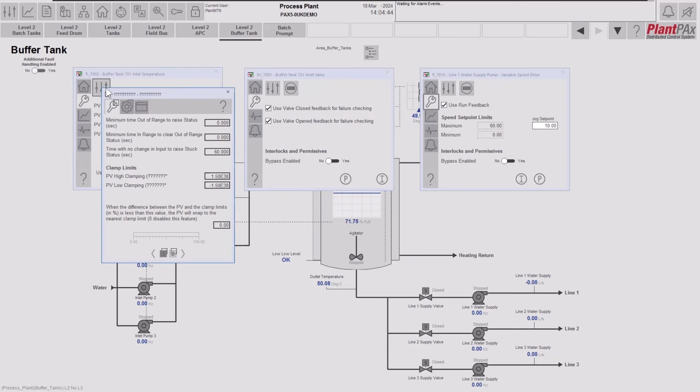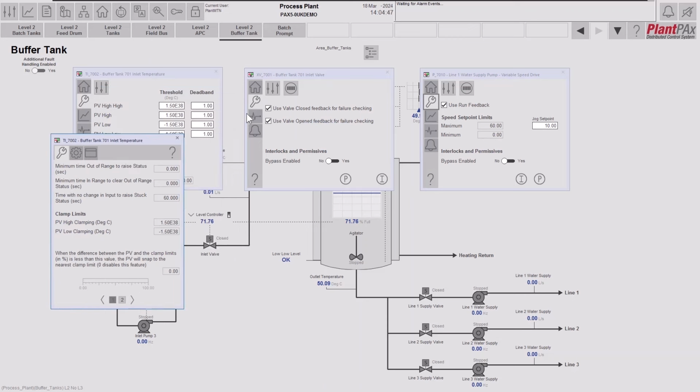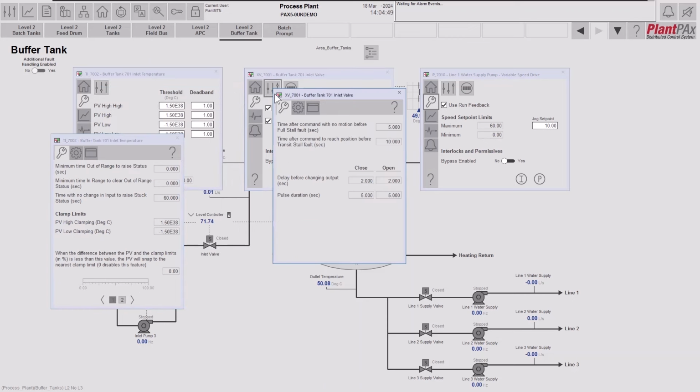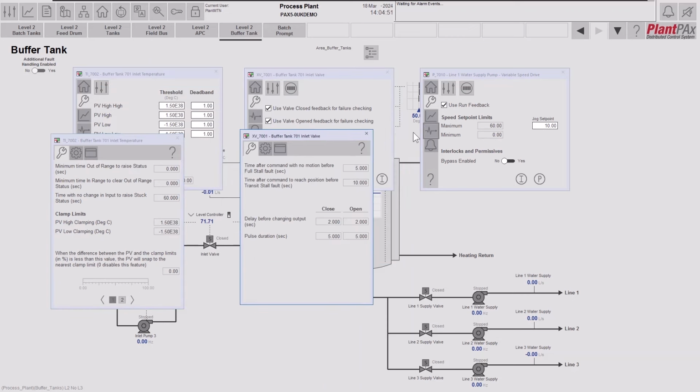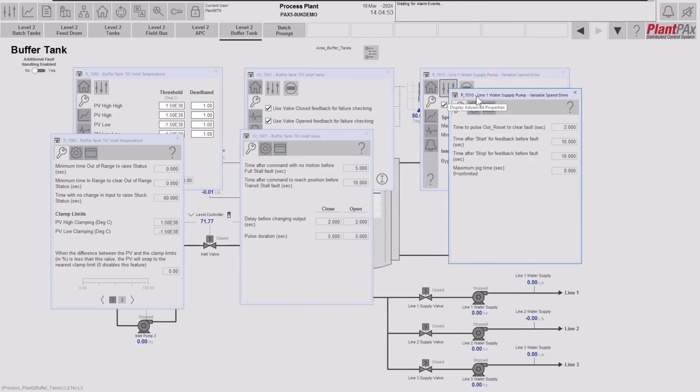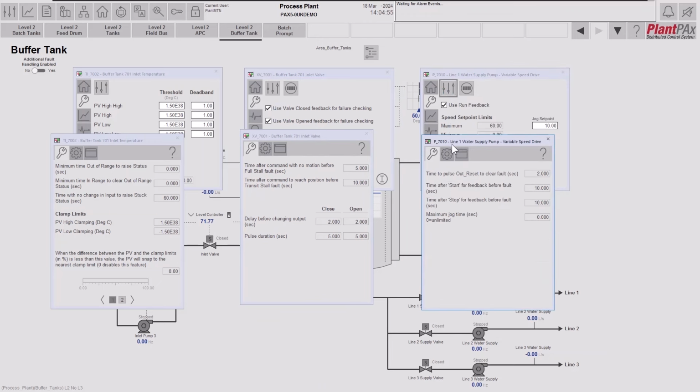Here is the configuration faceplate for our analog input. Here is the configuration faceplate for our valve. And here is our configuration faceplate for our variable speed pump. As with everything in the library of process objects, if you don't have the security access to change something, then